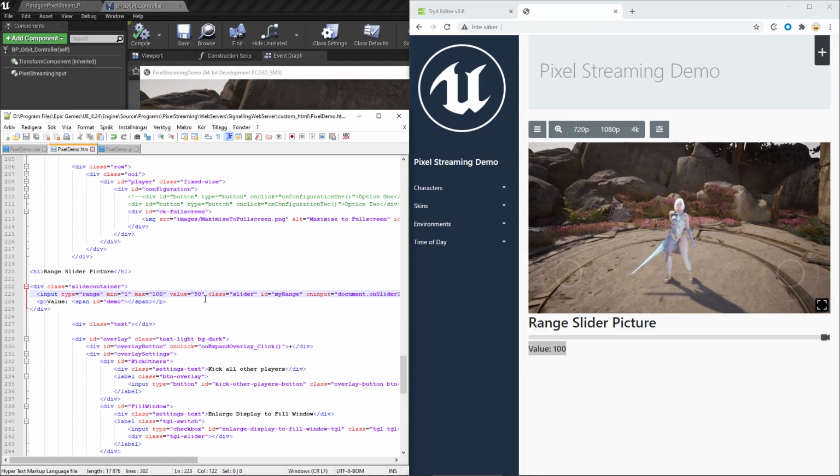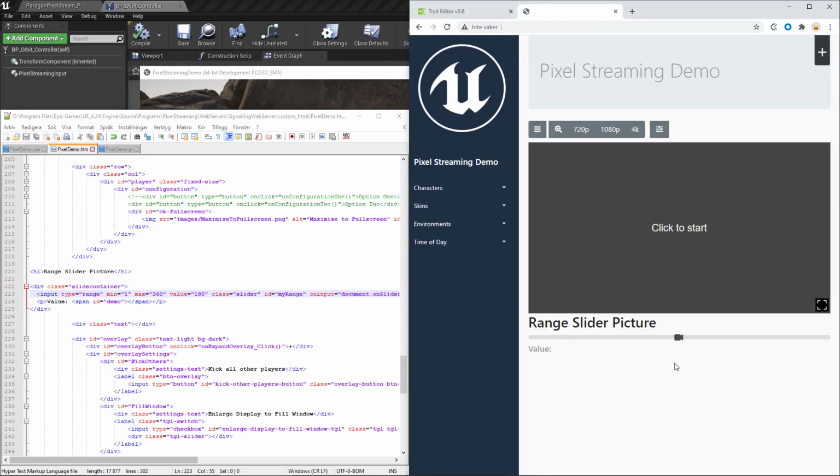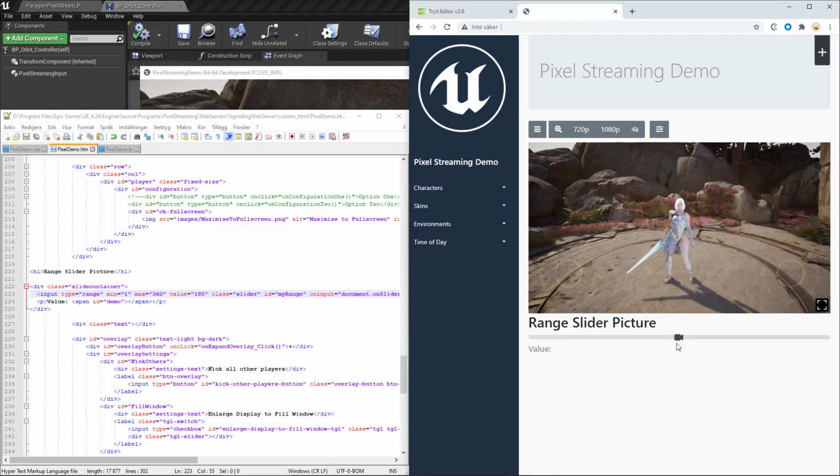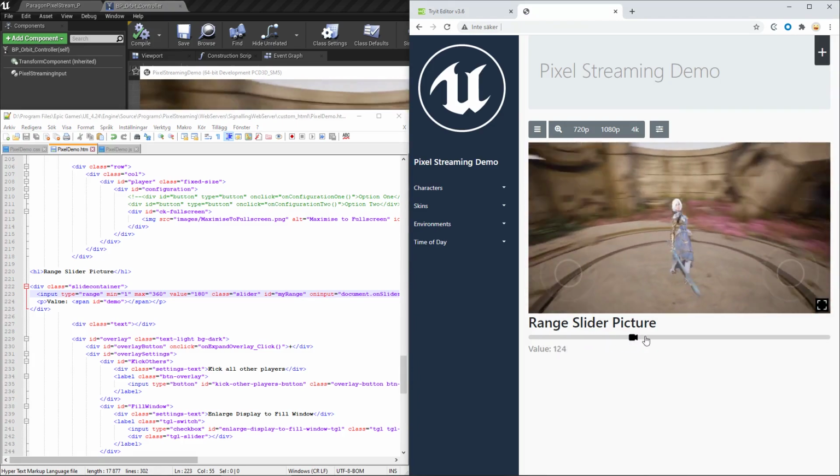And the default value is 50. So let's say that we want the max value to be 360 degrees instead. And 180 is the middle. Just save this, reload the website. Then this should be able to rotate all the way around.